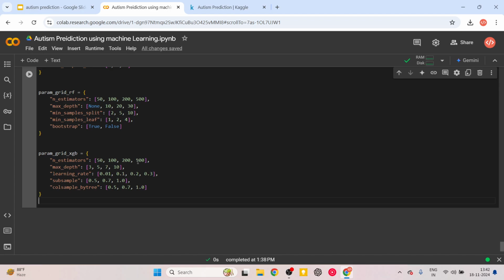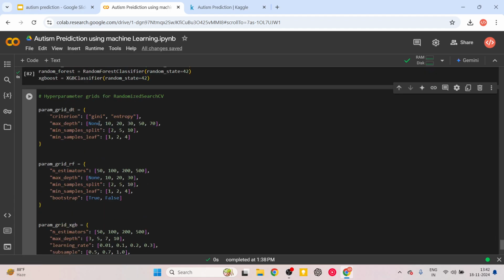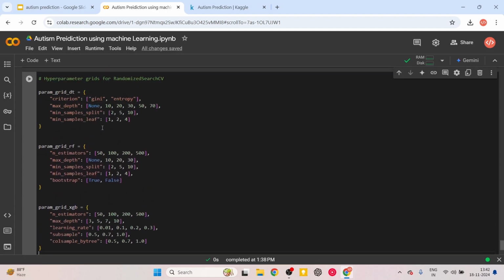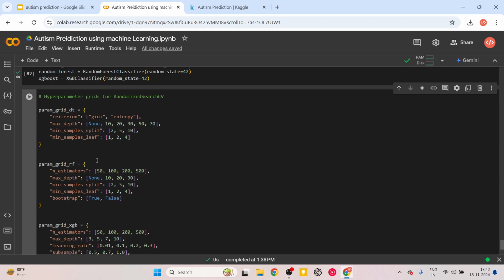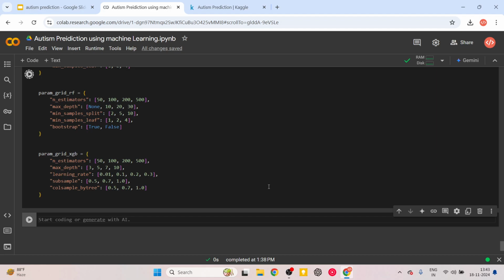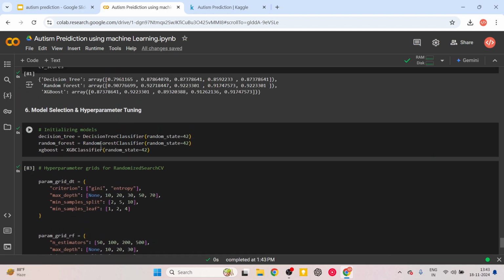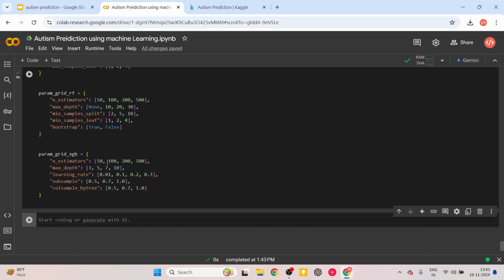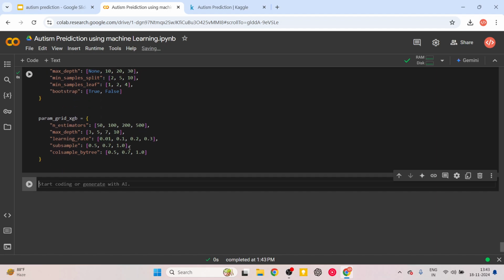So again, these hyperparameters are done separately, and we are going to select one specific model out of these. Of course, you can try other models and other models' hyperparameters as well. So we have param grid for decision tree, param grid for random forest classifier, and param grid for my XGBoost classifier. Now we have to pass these models that we have instantiated along with this param grid to the randomized search CV, and that would give you the best model for each case. So this is performing hyperparameter tuning